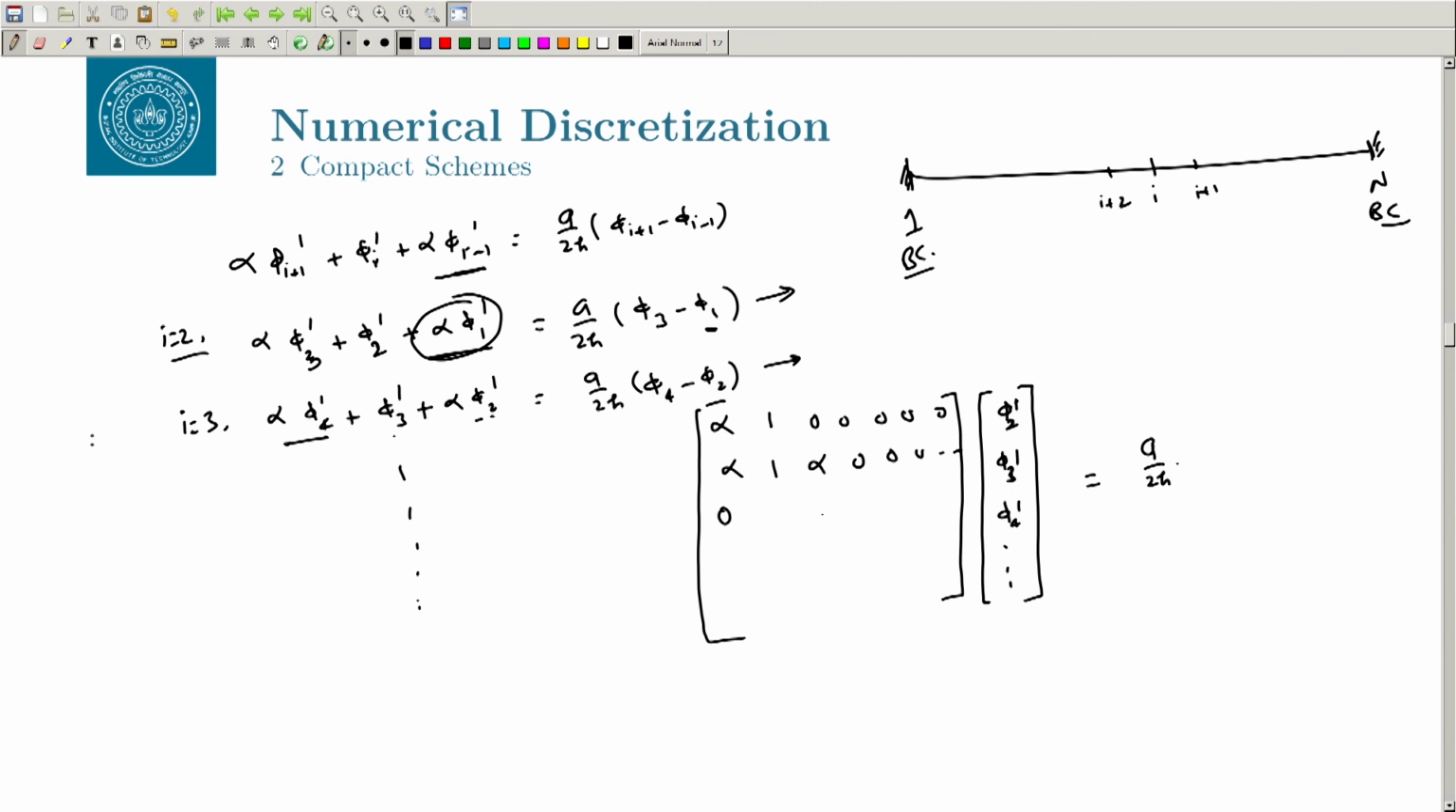Similarly, if you keep on going, okay, wait a second, this will be 1 and alpha. Okay. I think I should have written in a different way. Okay. So, this phi 2 prime multiplies 1 and phi 3 prime multiplies alpha. So, this will become alpha 1 alpha. Okay. So, alpha phi 2 prime plus 1 phi 3 prime plus alpha phi 4 prime is this one, and similarly you can keep on going like this, okay, 0 0 0,